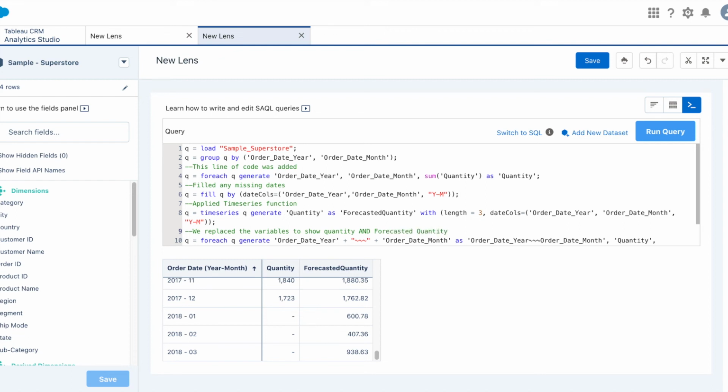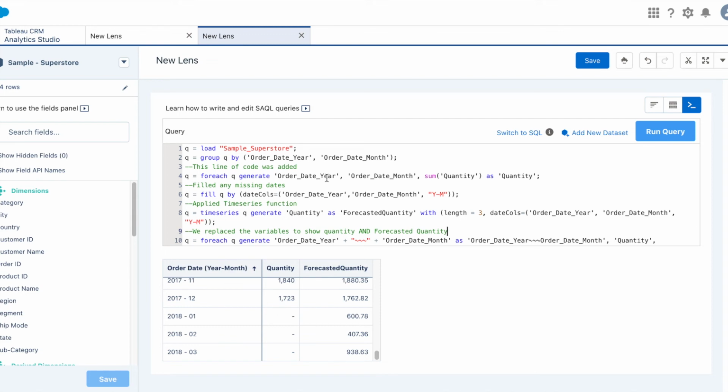So really we generated forecast with additional 3 lines of code, right? Tableau CRM generated majority of the code for you. We only added 3 lines. Again, 3 lines were not too complex to add. We displayed the data by year and month, we filled out any missing dates, and we applied time series forecasting.